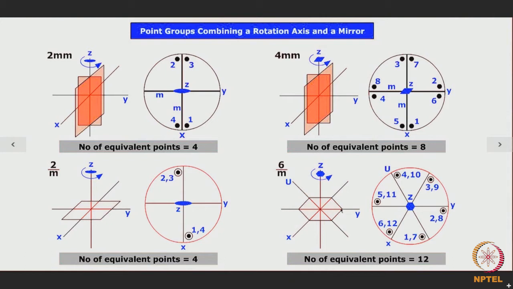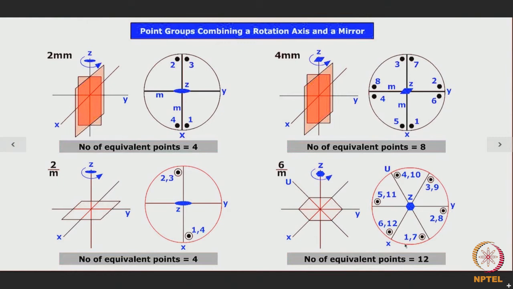Now, if we look at the corresponding projection, because the 6-fold rotor position is here, the point 1 would have produced the point 2, point 3, point 4, point 5 and point 6 all at the same level, and since the mirror is lying along the periphery of the